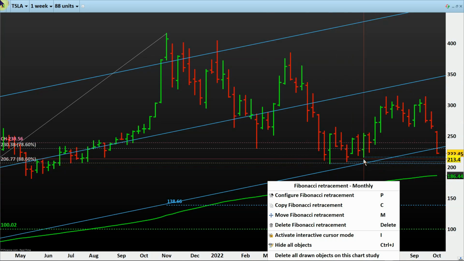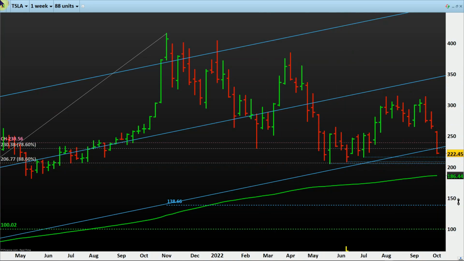So either it can come down to test this 216.28 or 208 or 205 or the magic number of 200, or the beautiful 200 moving average, which is 186. So many ors, isn't it? Tesla is tanking now, and it has 1, 2, 3, 4 supports. If it is crossing these 4 supports, first of all, if it is not doing a crack and snapback, again I'll draw a future line, as I always try to do.